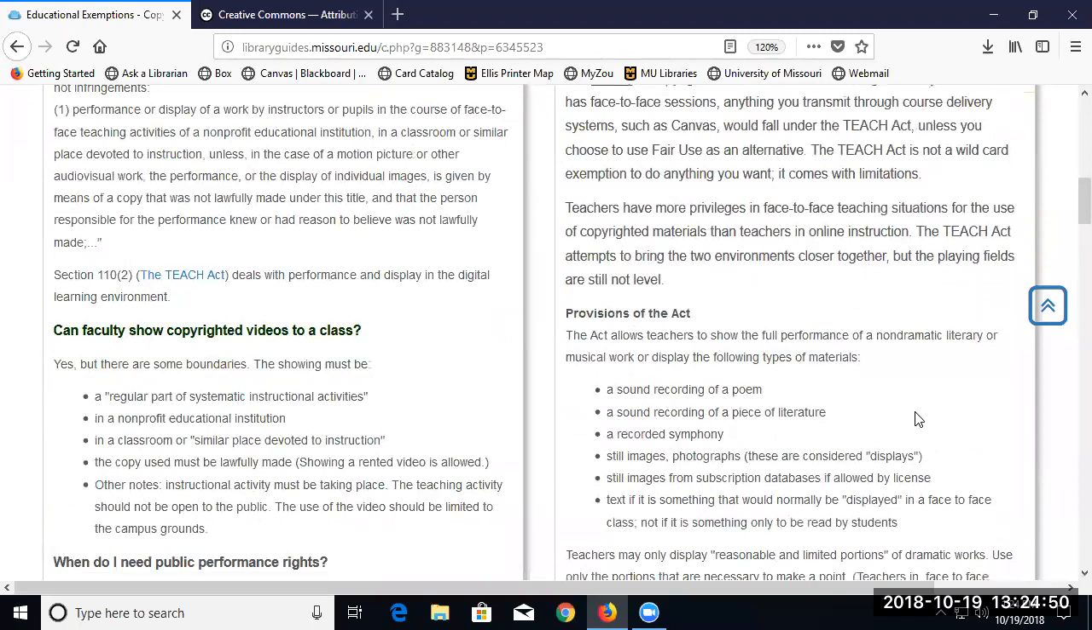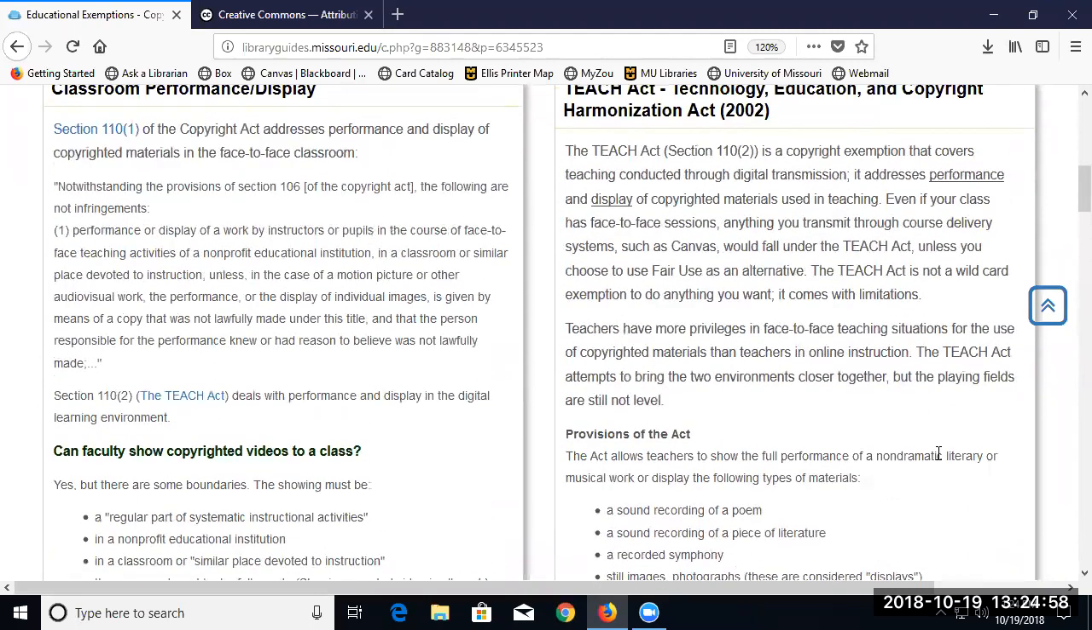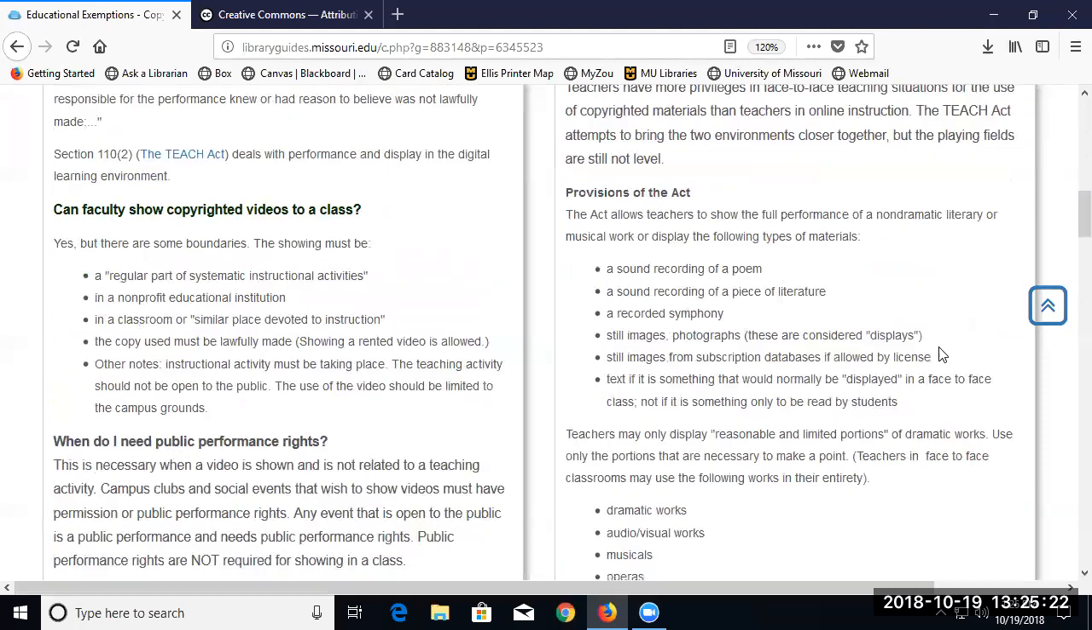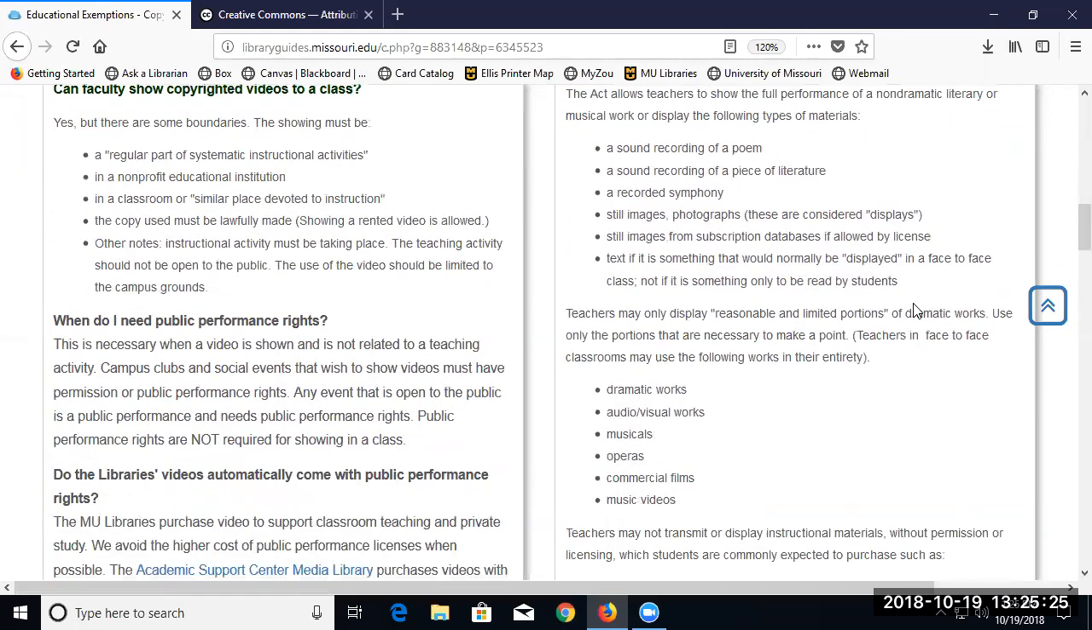But this is trying to make the digital environment a little bit more like a bounded physical classroom. So you can do a lot of things in the digital format, but you do have to meet certain parameters. It needs to be through something like Canvas or Blackboard where the access is limited to the people who are enrolled in the class just for the time that they're actually enrolled in the class. So once the class is done, students no longer have access to that. It needs to be done by a nonprofit educational institution. So that's us. We meet that requirement as a university. It allows for the full performance or display of different things